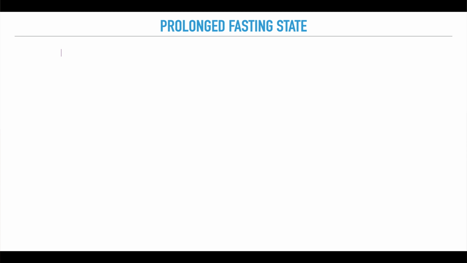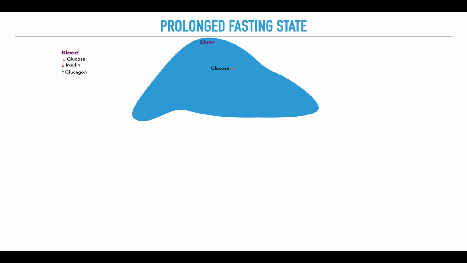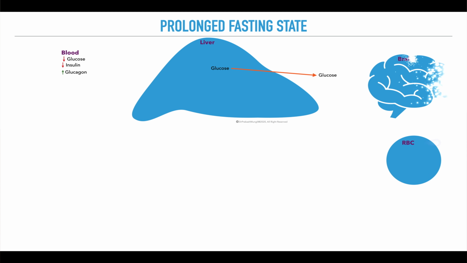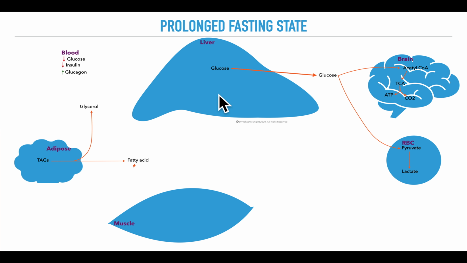So, what will happen? Again, the blood glucose levels are low, insulin is decreased, glucagon is increased. So, that means glucose has to be maintained. Note that it is already more than 24 hours, you do not find any glycogen there. So, the glycogen stores are not available. So, that means glucose has to come from other sources, it can come from the gluconeogenesis process. Let us look into that.